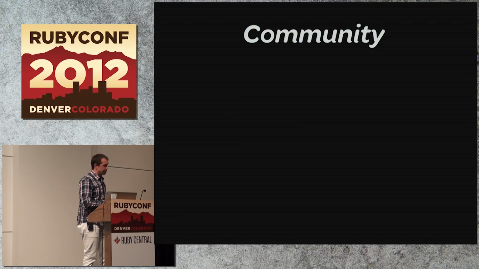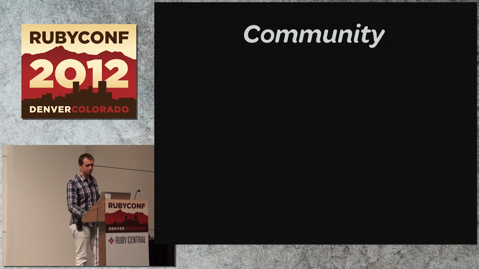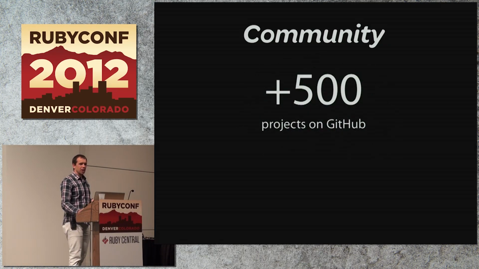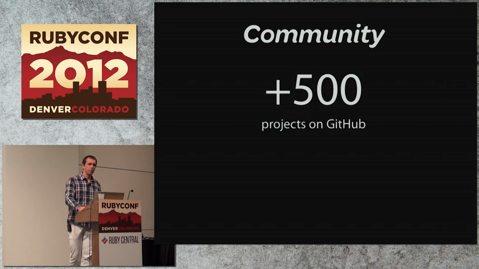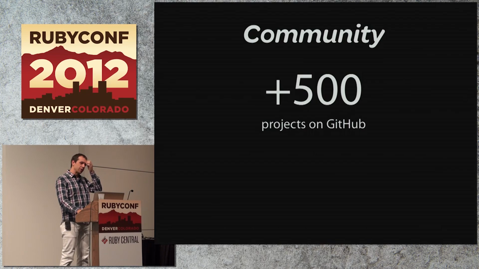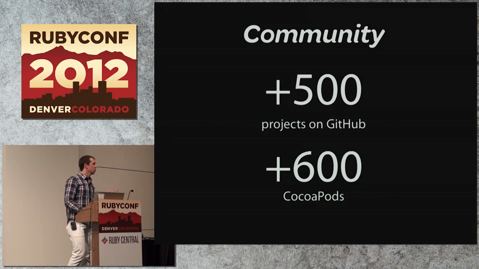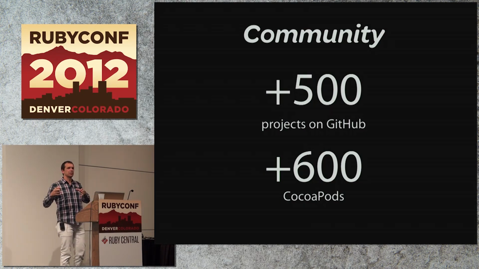A little bit about the community. So this came out about 6 months ago, May 4th. And there are over 500 projects on GitHub already around RubyMotion. 500. RubyMotion allows you to integrate with something called Cocoapods. And Cocoapods are a way of packaging Objective-C libraries, or actually C and Objective-C libraries, for use on Mac and iOS. So it's both for Mac and iOS, but people are loving it for iOS.